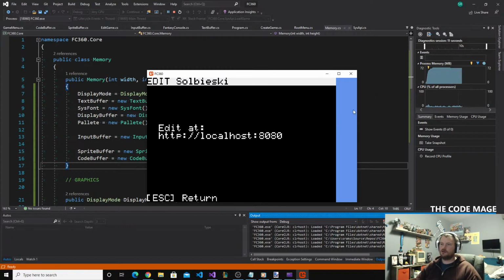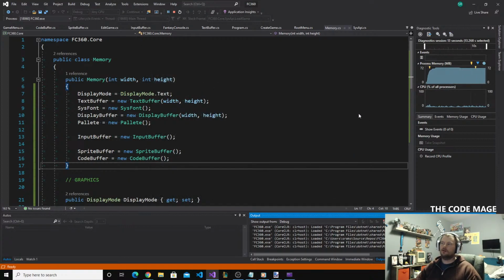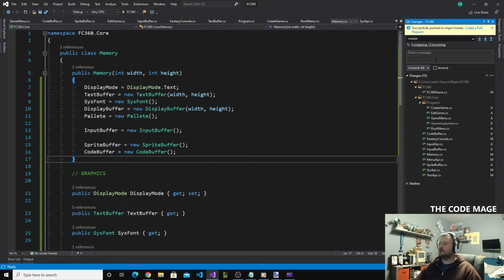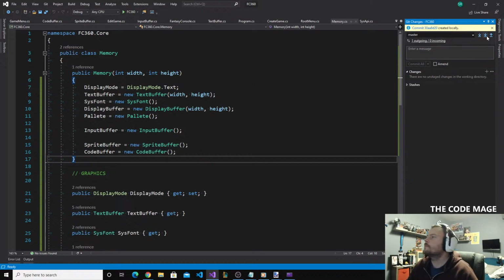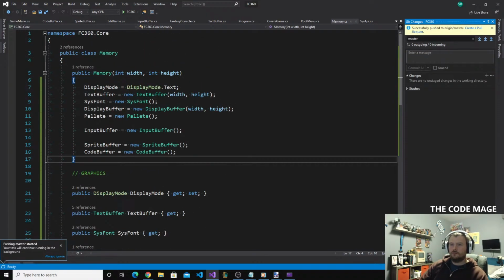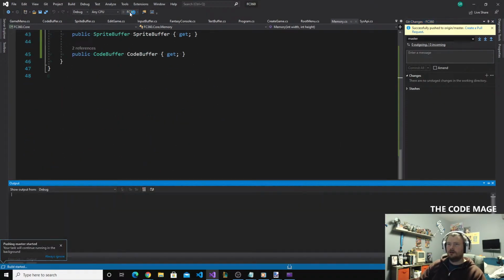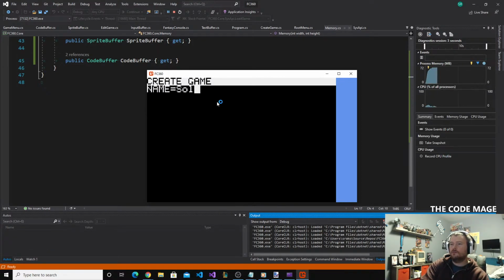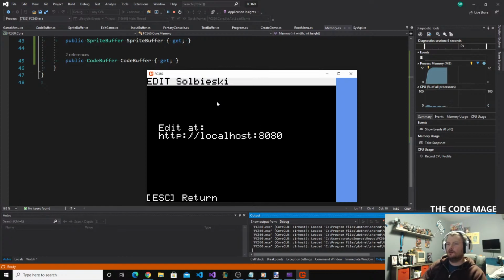That's exactly what I want to see. All right. Let's go ahead and say, okay, so now we've got our basic flow working here for create a new game, enter it in. Now we've got the edit page